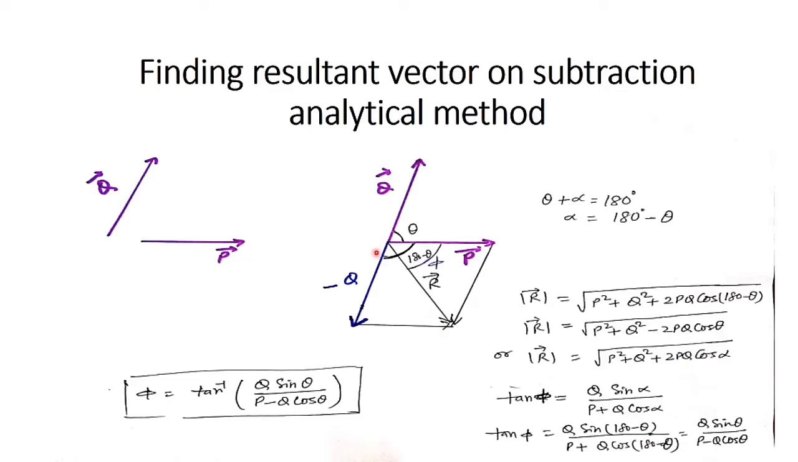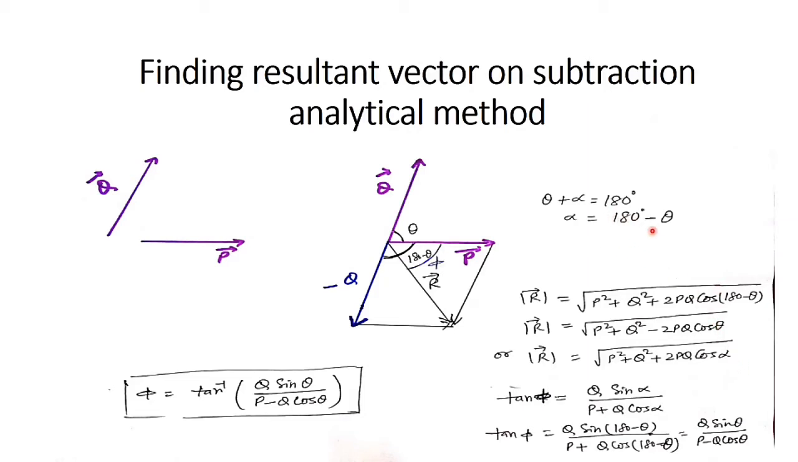Similarly, now if you want to find the direction of the resultant vector, then I am supposing this angle is phi. Then tan phi, by my previous knowledge, the formula is q sine alpha divided by p plus q cos alpha. Or if I replace alpha by 180 minus theta, then I am getting q sine theta divided by p minus q cos theta. So this is the method for finding the direction as well as the magnitude of the resultant vector. This method, when we are using mathematics, is termed the analytical method,